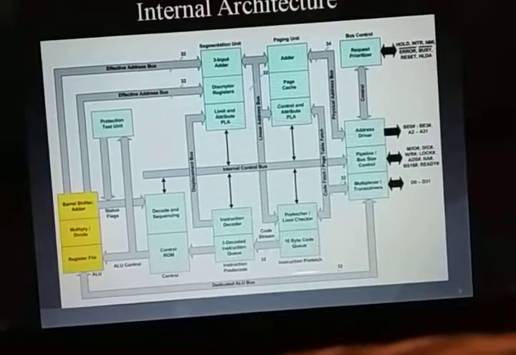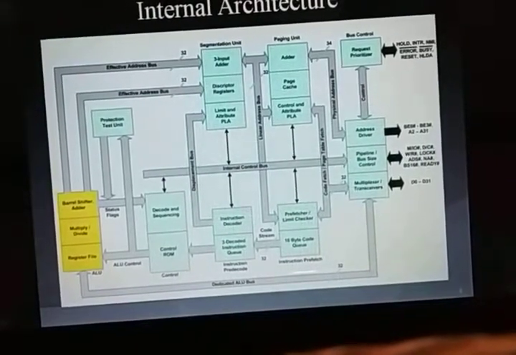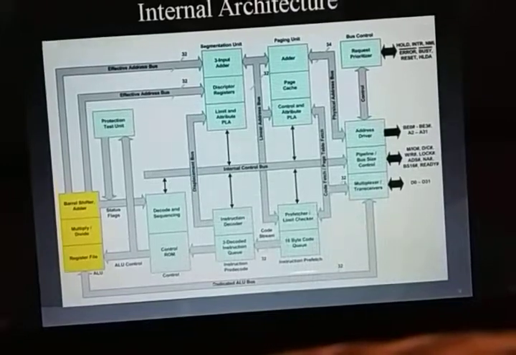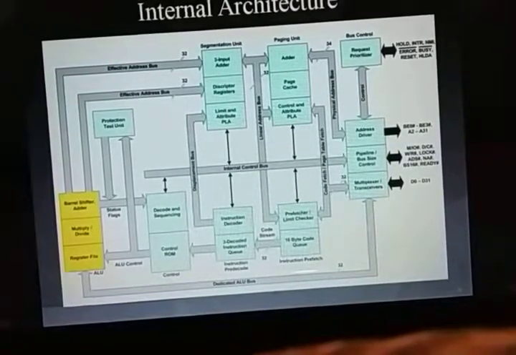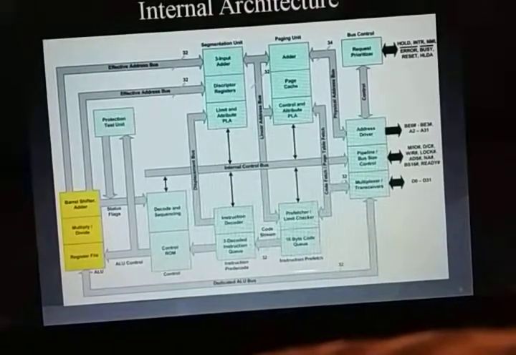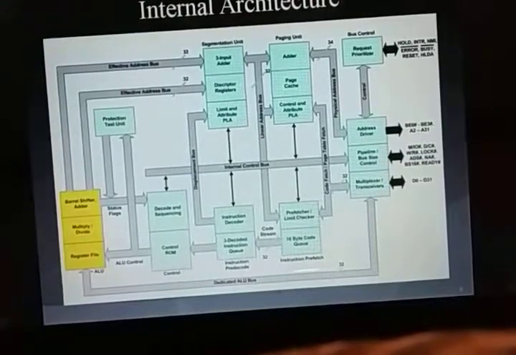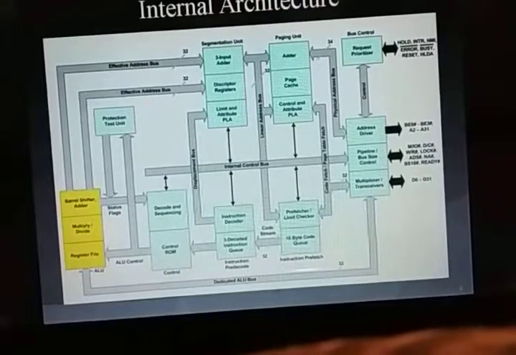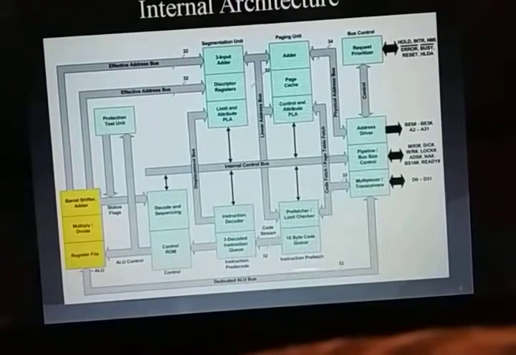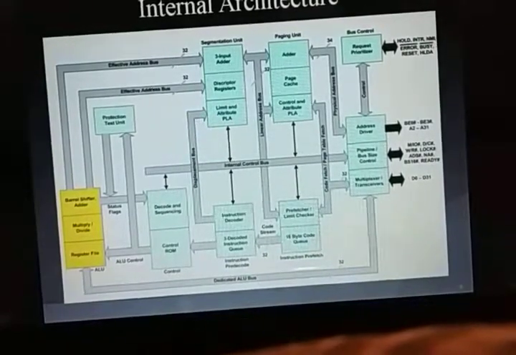In the instruction prefetch queue, basically three instructions can be fetched in advance. Decoding means that in the decoding part you specify what type of operation you want to perform on the data. So the decoding part contains the information about the execution, meaning what type of operation you have to perform on that data.